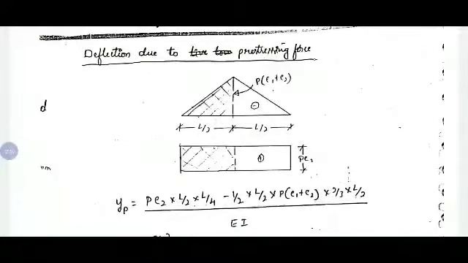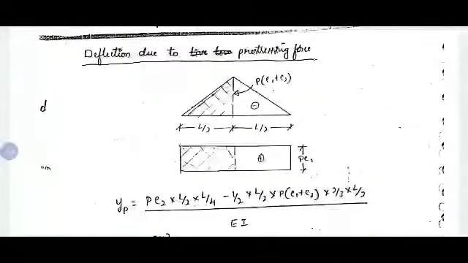So total deflection due to prestressing force will be calculated as area of the rectangle diagram, P into E2 into L by 2, which is length into breadth, area of rectangle, into L by 4, that is length by 2 will be the centroid for rectangle. So L by 2 is the length of the rectangle and divided by 2 it is L by 4,